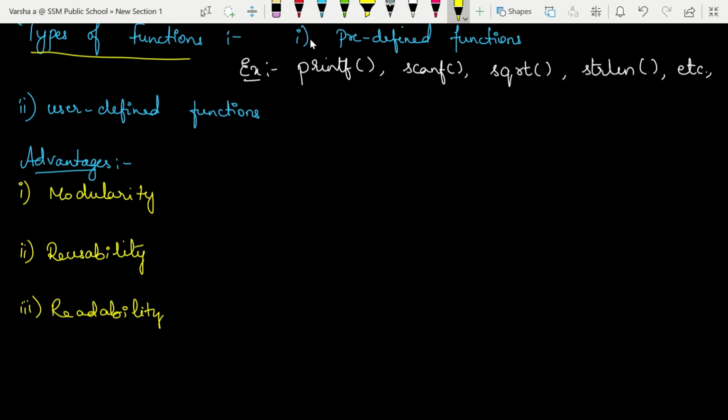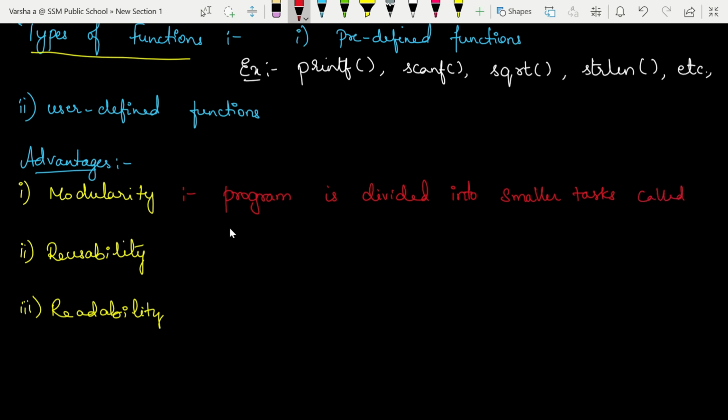So what is modularity? We can divide the program. The program is divided into smaller parts, into sections or smaller tasks. One main big problem is divided into smaller problems, and each one is called a module.